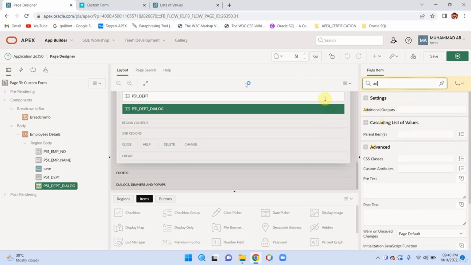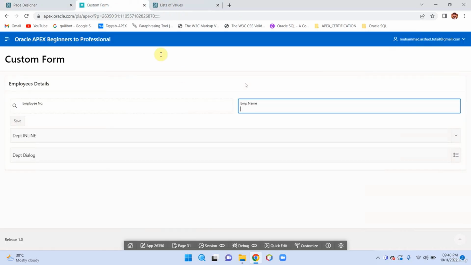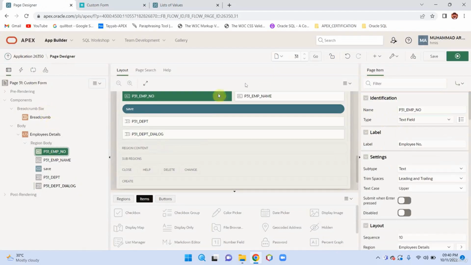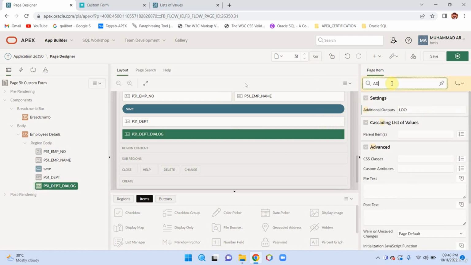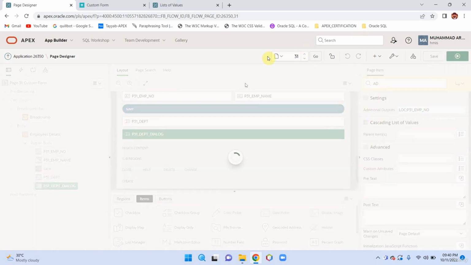search for additional outputs, and then I need to provide the column name, colon, and then in which text field I want to set the value, which is employee number. Copy this and search for additional and paste it here. You can use multiple columns and set their values based on comma separated. Run your page again,